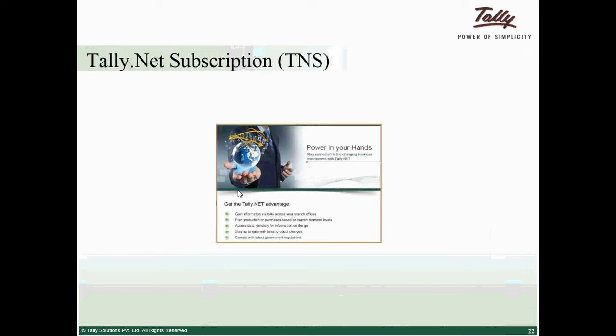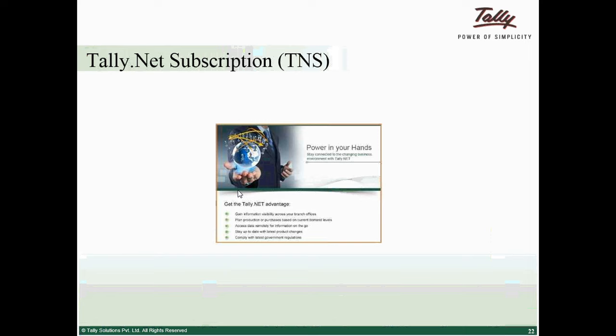These get added to Tally as needed by different states and countries. For a customer to get the benefit of all these enhancements, as well as some other features like remote access, SMS, synchronization, which we shall describe in a later session, customers need to pay an annual fee that is called